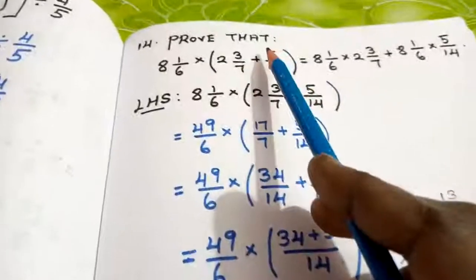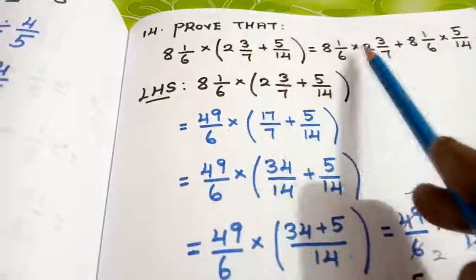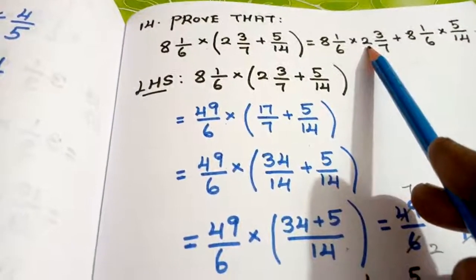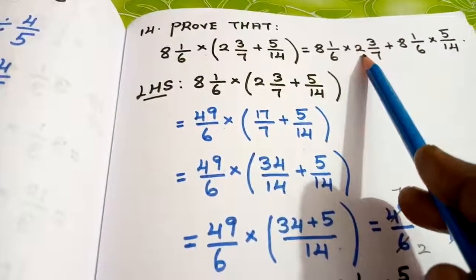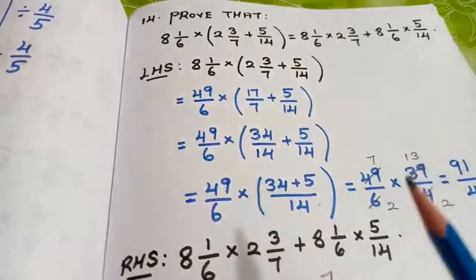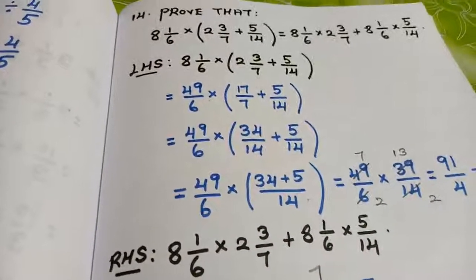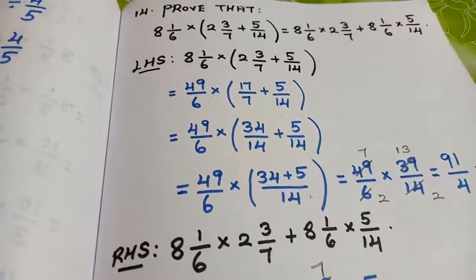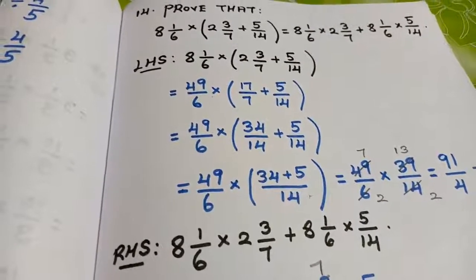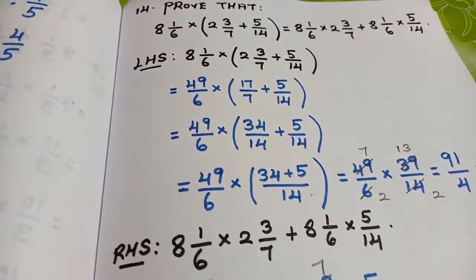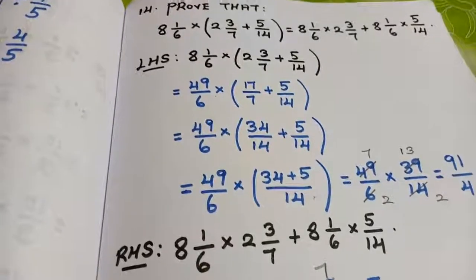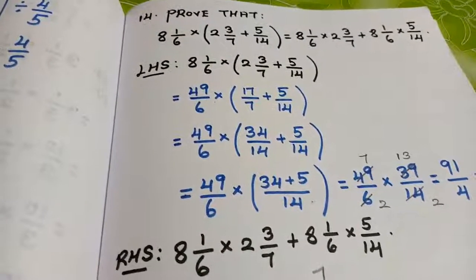So whenever they ask you a question as prove that, it means definitely the left hand side and right hand side answers will be the same. You are going to apply the rule properly and then find the answer. So in this class, we have completed the concept based on simplification, students. Work out as many times as possible, and wherever necessary, please do your rough work and write neatly in your classwork note. Thank you.